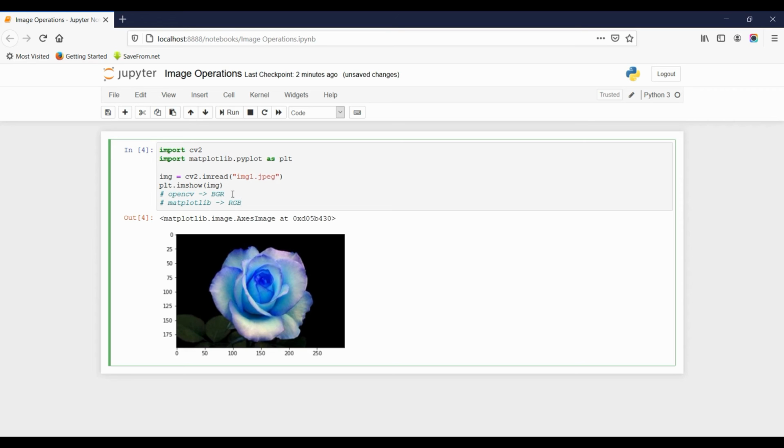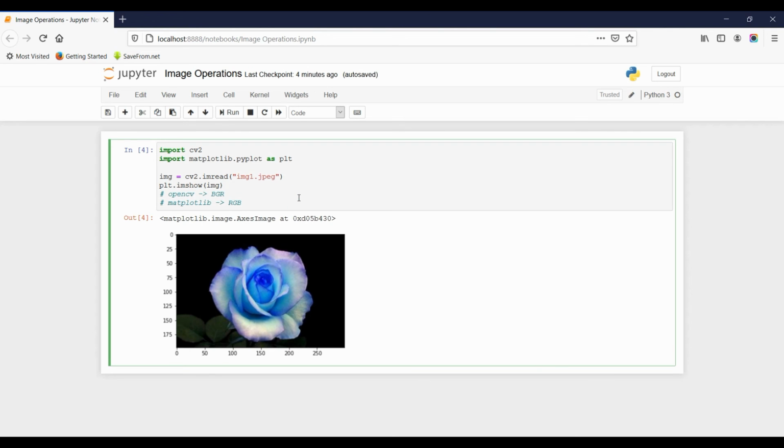So whenever we display an image loaded in OpenCV, the image that we have read using the cv2 library, but we are trying to show it using the Matplotlib library, the BGR format is there in OpenCV, and we are trying to show it using the Matplotlib library. So it shows the BGR directly as an output.